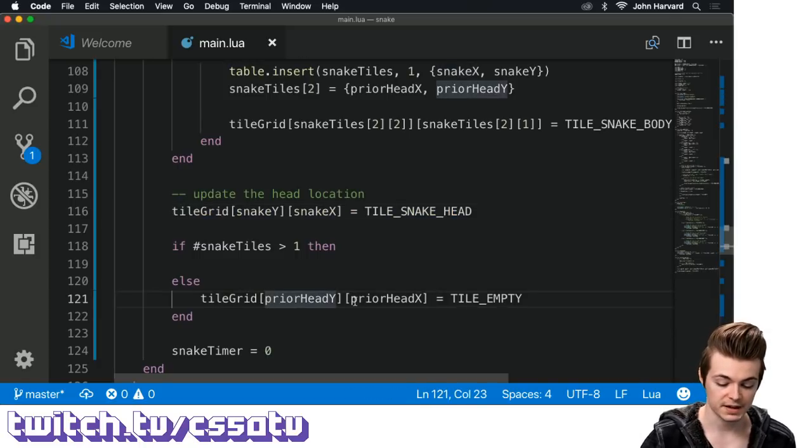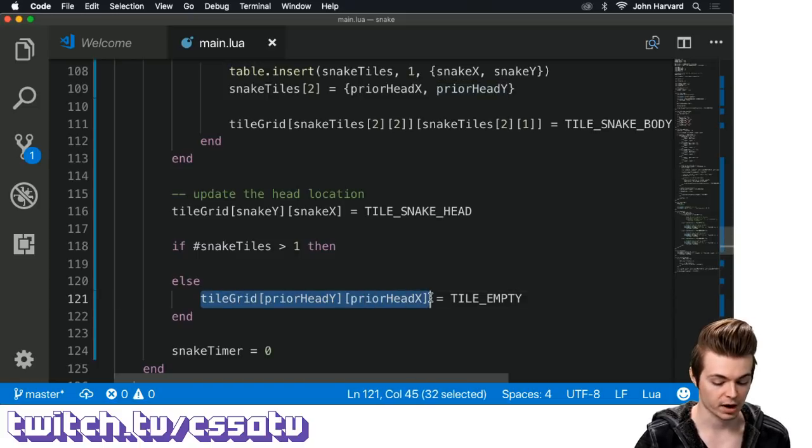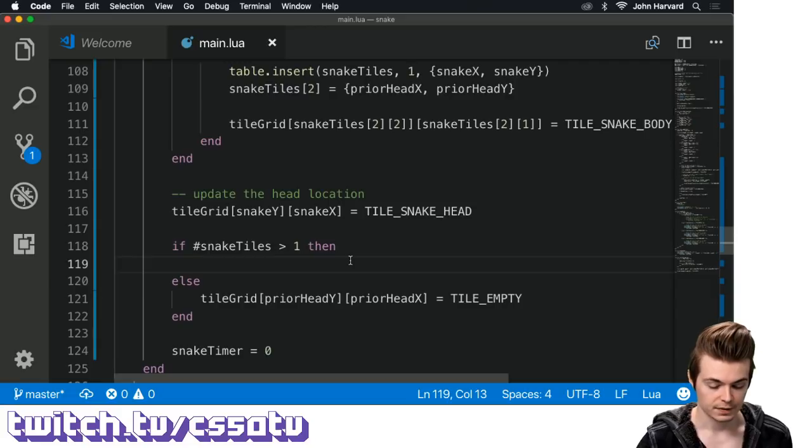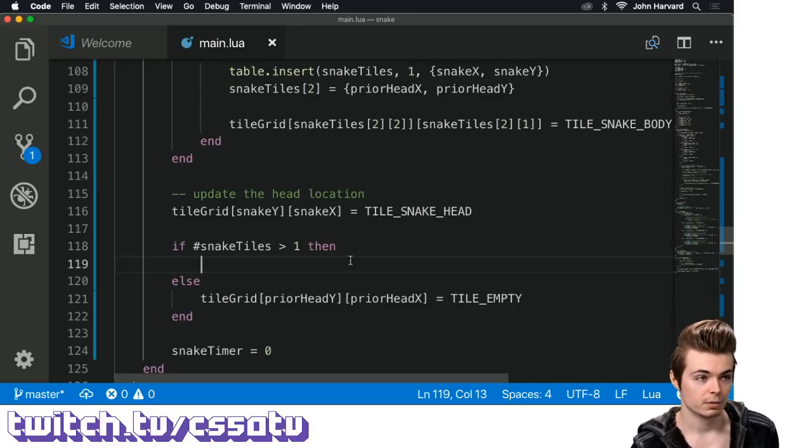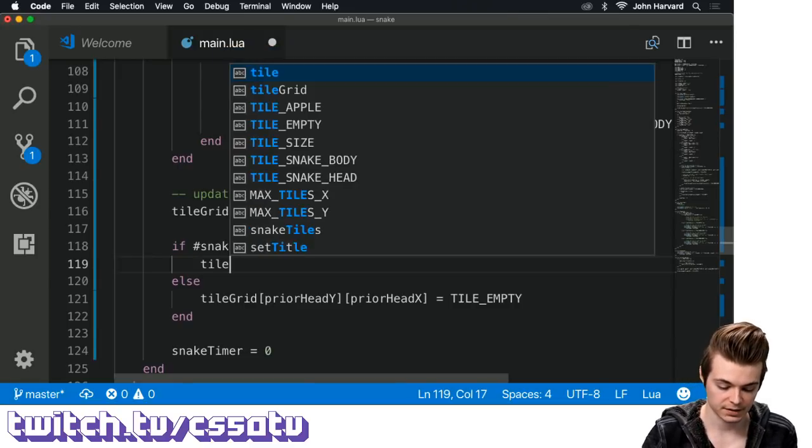But to erase it, what we did before is we just set the tile grid at prior head y, prior head x to be tile empty. The logic is different if we have greater than one element. So what we need to do is basically erase wherever the tail was, right? By setting tile grid,